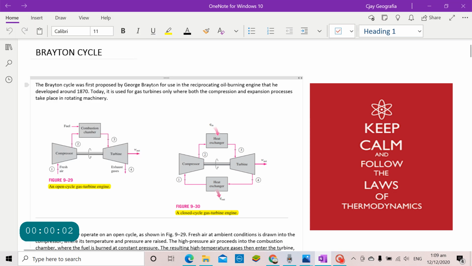Hello, for today we're going to tackle the Brayton cycle. The Brayton cycle was first proposed by George Brayton for use in a reciprocating oil burning engine that he developed around 1870. The original Brayton engines used a piston compressor and piston expander, but more modern gas turbine engines and